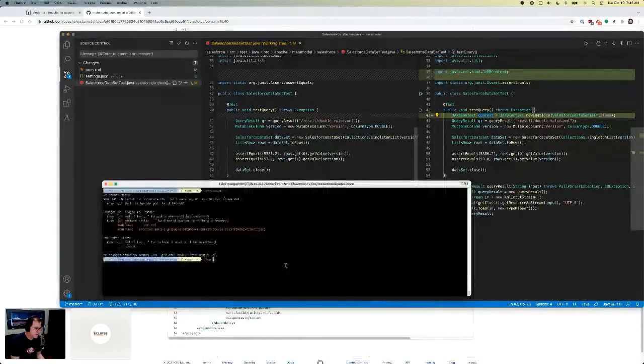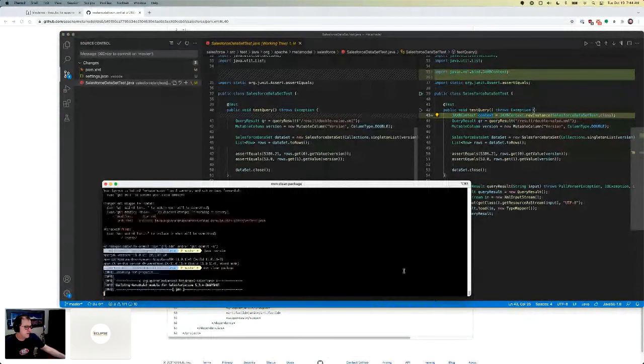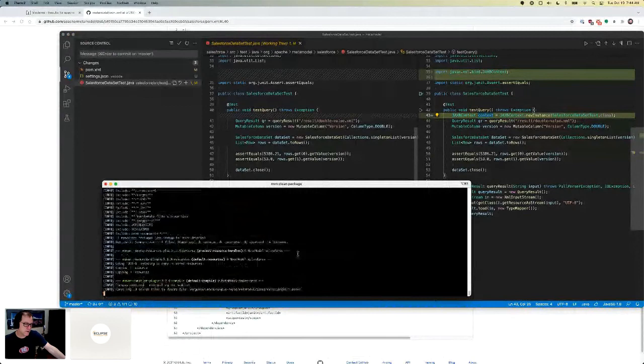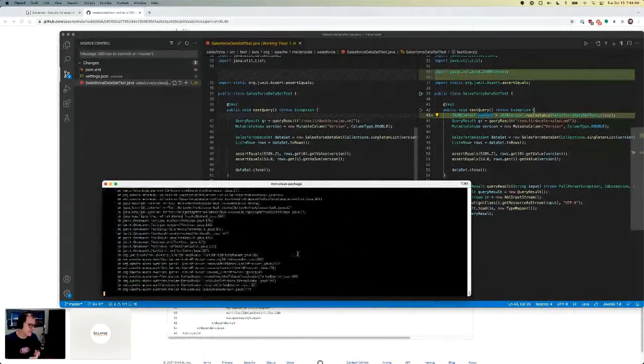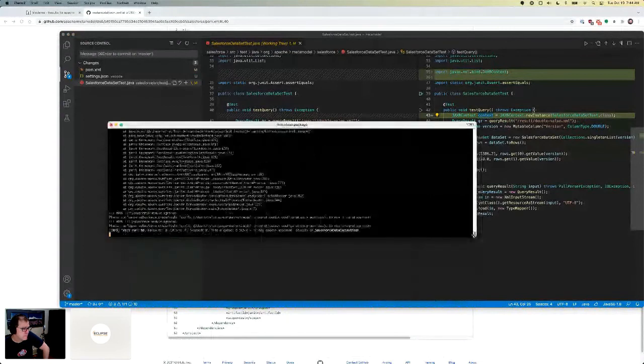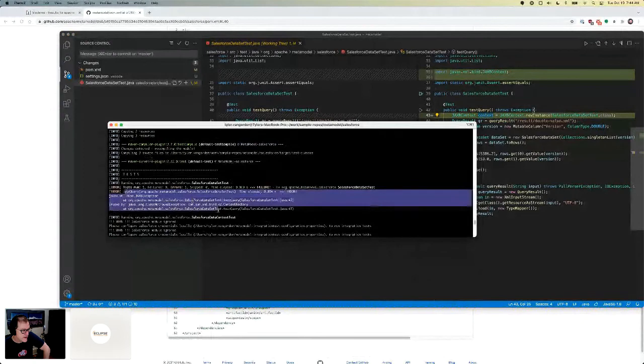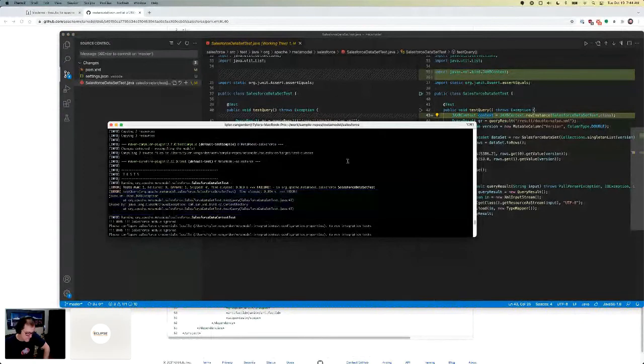So Java version, you can see I'm using Java 11. If I do a clean package, let's do that. I'm in the Salesforce sub-project, so for the sake of time, I don't want to run the whole build for a meta model. Sure enough, error. And if we roll up to this, you can see it's saying I cannot find the JAX-B. What the heck is going on?